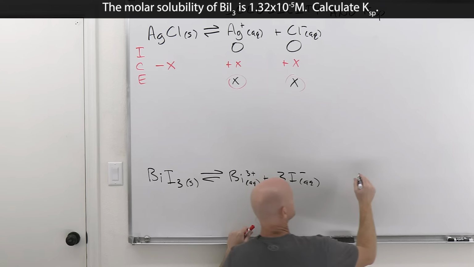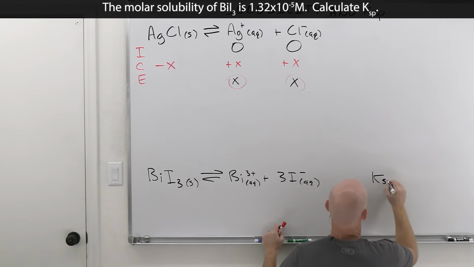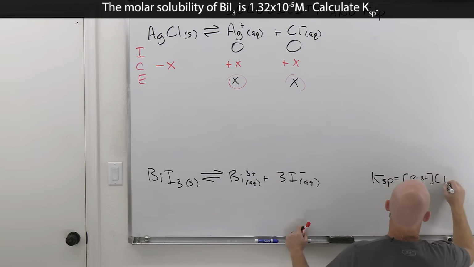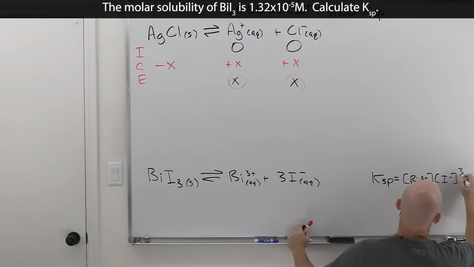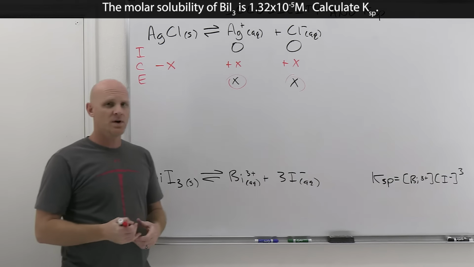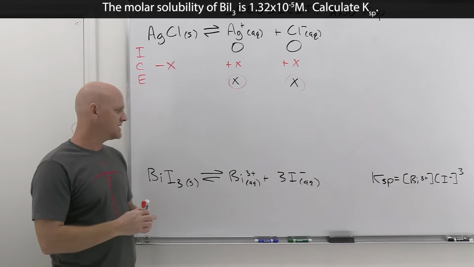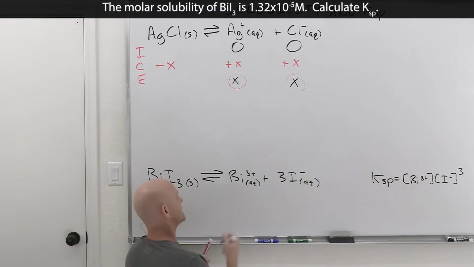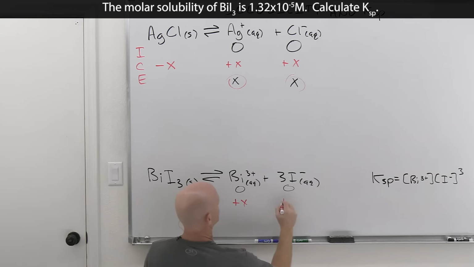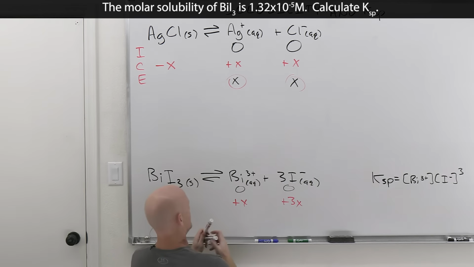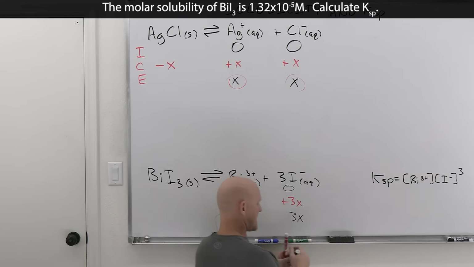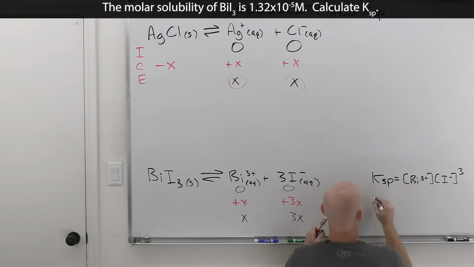And in this case, your Ksp expression is the bismuth concentration times the iodide concentration cubed. And where do we go from here? Well, if you fill out your ICE table again, you can probably envision this. You're going to have 0, 0, plus x, plus 3x, and then x and 3x. And then we're going to substitute those back in here, and we're going to have Ksp